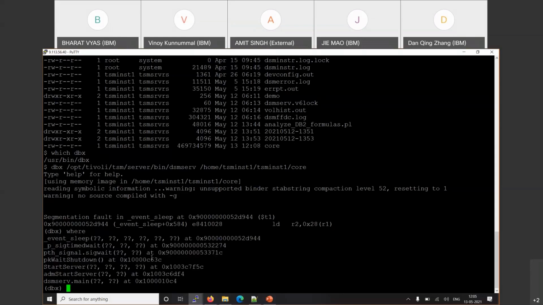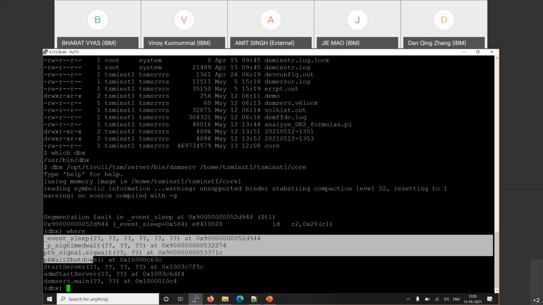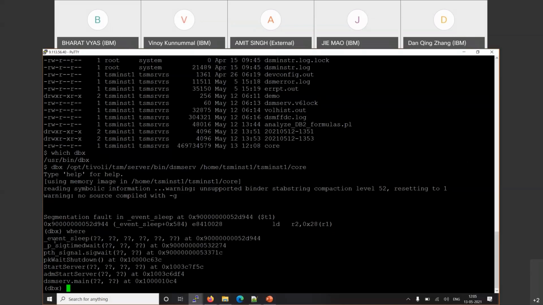So what is our next action? Once I have the call stack, I need to pick up two or three threads, let's say SignalVet or any of the threads, and search on Google. Most probably you will find a known issue or an APAR.